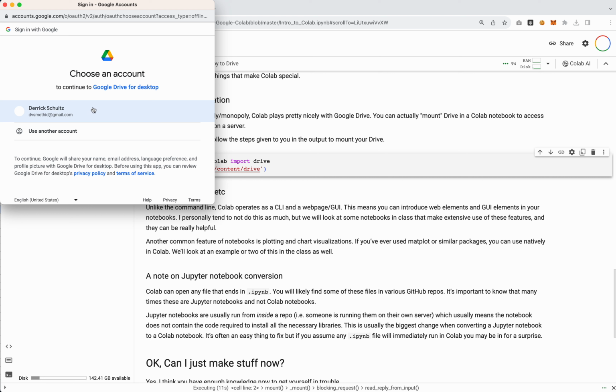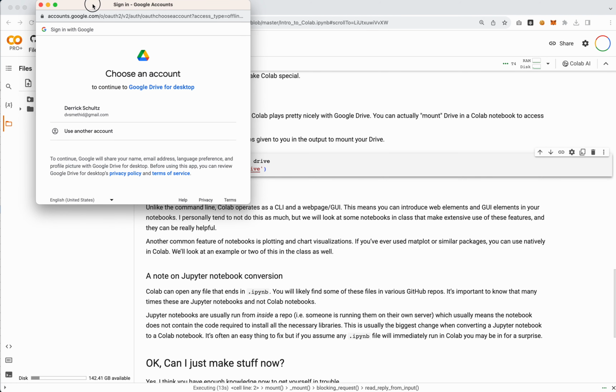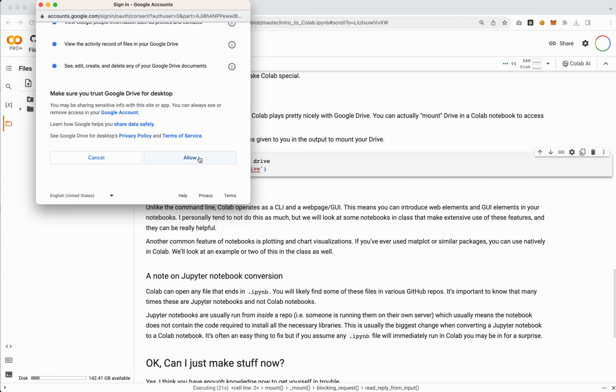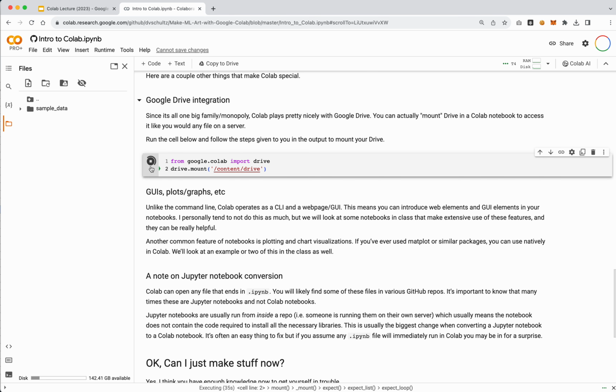I see already here, I am not in my NYU account. I am in my Gmail account. That's fine for this, because I'm actually going to work off of it. I'm going to click on this and say, yes, you want to allow all of these things. Again, this is where security becomes an issue. If I'm sharing the notebook with you, it means I've at least done due diligence on it, and you can trust me. You're paying for the class, so I'm definitely not going to rip you off or anything. So hit allow, and then it's going to process a little bit.